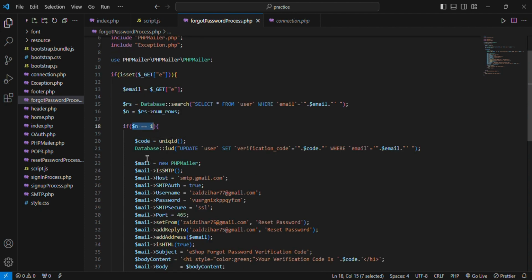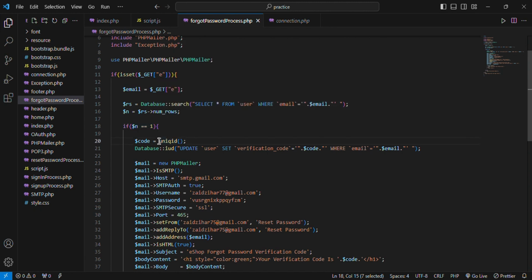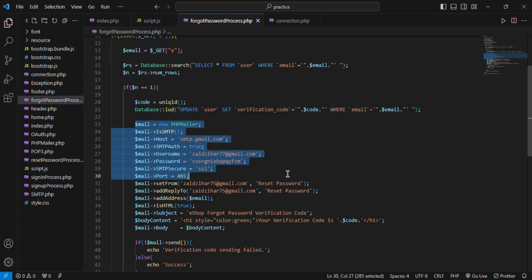If it is equal to 1, then I have said to generate a unique code using the function called uniqid, which we use as the verification code. And below it, I have said to update the verification code column of the row where the given email is the primary key. And here I have set up the email sending part, where I have used this email to send the verification code to other users' emails. And